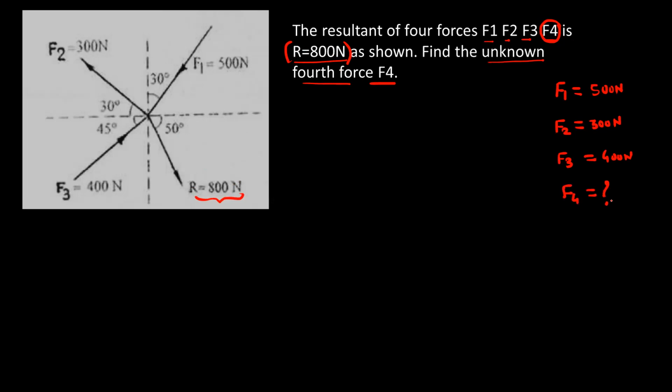F4 is unknown. Okay. And if you replace all these four forces, the resultant we can represent as R is equal to 800 Newton. Okay. So the system of force, or all these three forces out of four, they are shown in the diagram, and even the resultant is given in the diagram. Okay. So actually this figure,